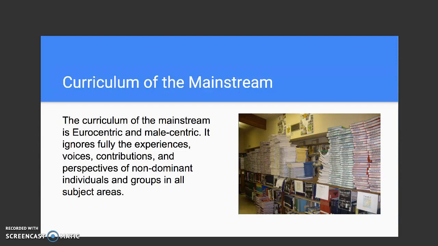Banks argues that this stage is harmful for both students who identify with the dominant culture and those from non-dominant groups. It has negative consequences for the former because it, according to Banks, quote, reinforces their false sense of superiority, gives them a misleading conception of their relationship with other racial and ethnic groups, and denies them the opportunity to benefit from the knowledge, perspectives, and frames of reference that can be gained from studying and experiencing other cultures and groups. So essentially, we all benefit from learning about diversity.